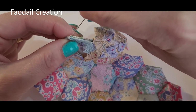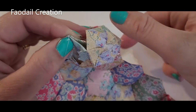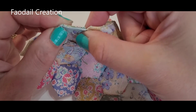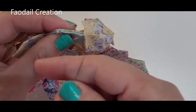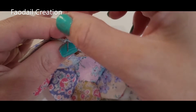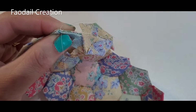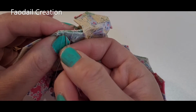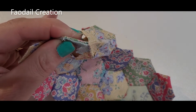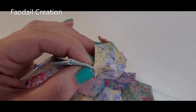I have gone through and I have attached that first corner together like I showed you with the double loop, and now I'm going to go down this section and stitch in just these 2 into place. So I'm going to go ahead and do that. And you can see I'm just taking small stitches all the way down. When it comes to the end of this part, let's just do 1 loop through, and then we'll continue on